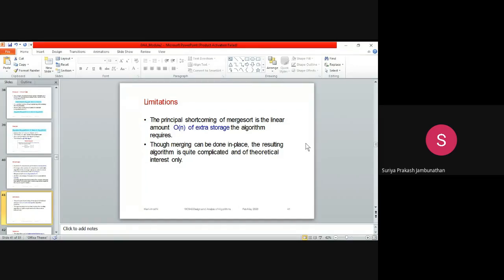When your n value is very high, when it goes to 500 or 600 or 700 or more than 1000, the merging part of this algorithm will be quite complicated. It takes a lot of time and a lot of space also. So at that time we take this particular algorithm only for theoretical purposes. We are not implementing this algorithm; we are moving to some other algorithm.